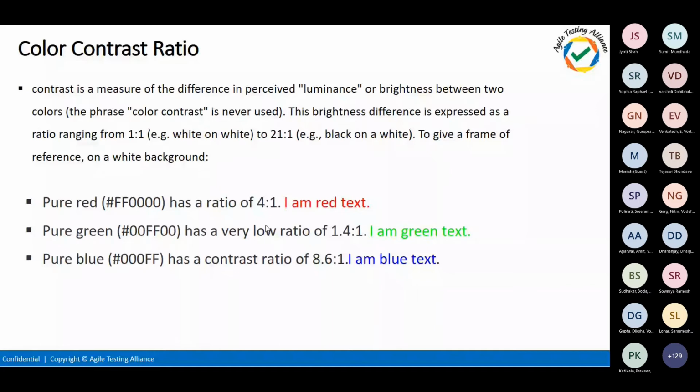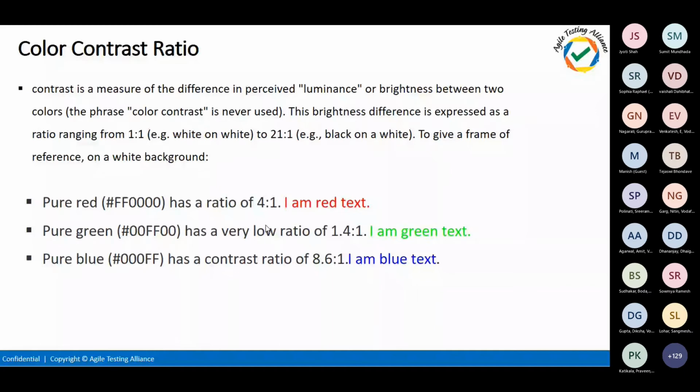So the ratio is nothing but, I mean, it talks about the hex value that will be divided by the other. I mean, your background color and the current color of the font will be divided and seen, like what is the ratio of it. For example, if it's white to white, then it's the white value divided by the white value, so it will be 1:1. So we can't even see such kind of fonts. So that will be blurred out.